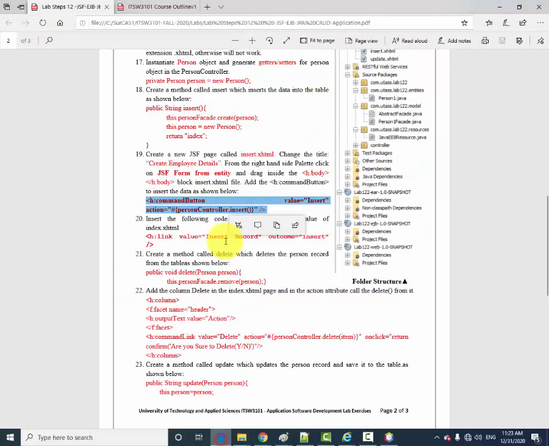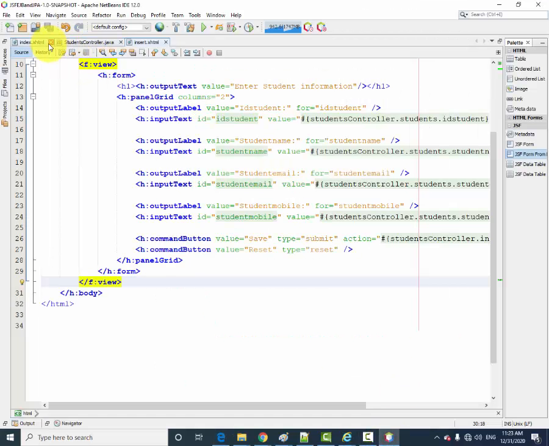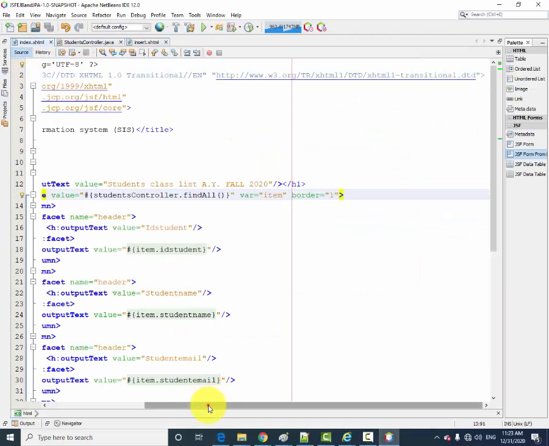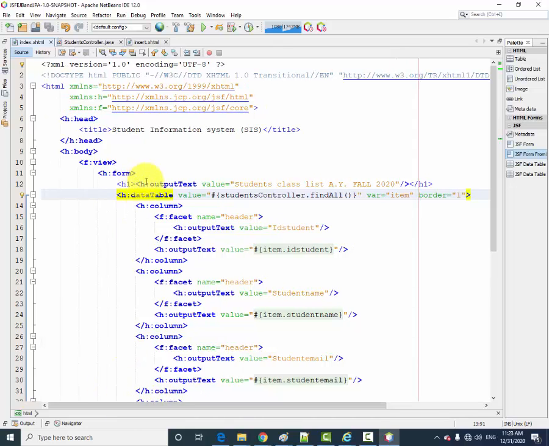Okay, so insert. Then 20th step, now insert the following line after the output text value of index.xhtml. Means to insert the record in the index.xhtml. So go to your index.xhtml. At the top here,